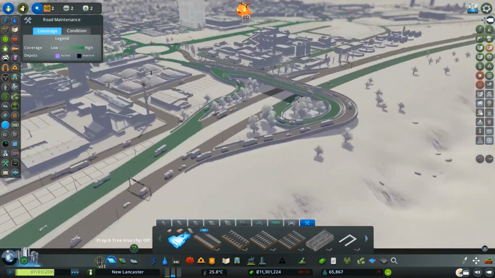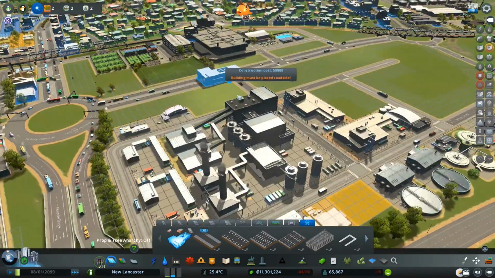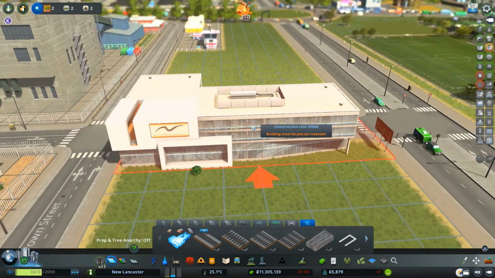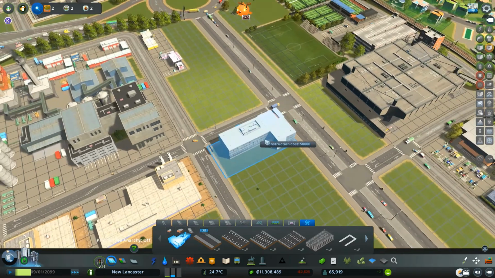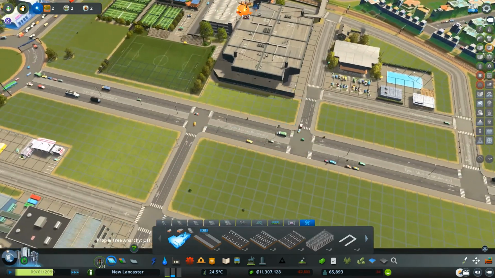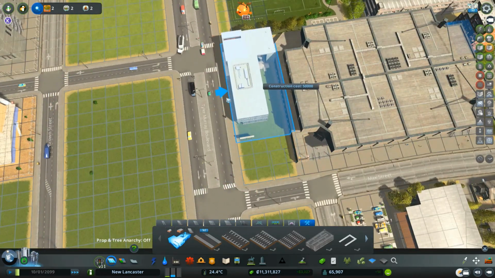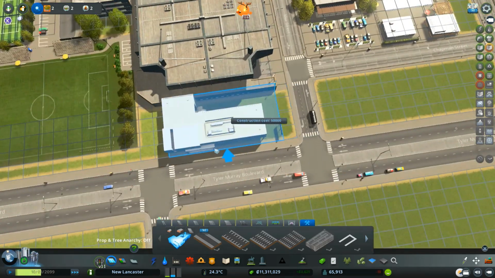These things really add to the look of the city as well. So they're like little office buildings, and they fit so nicely in places. Oh, like this fits almost like perfectly beside the hockey rink.